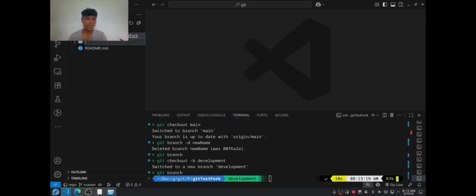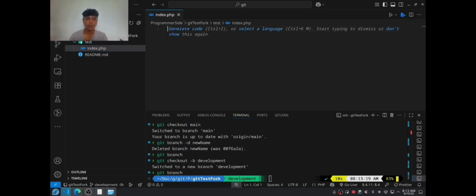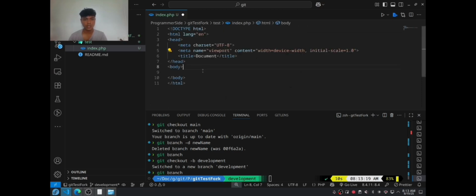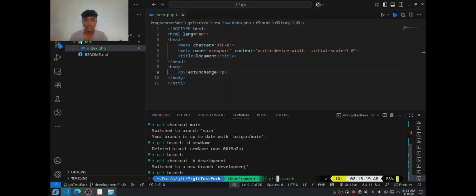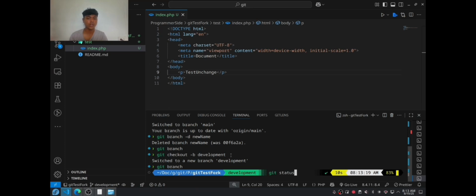Next, let's test making a folder inside this. So test, then create an index file. So we'll generate this test change. We will use this later on for stashing and git pushing. Before we can git push to GitHub, we have to create the files, and next is to stage it.